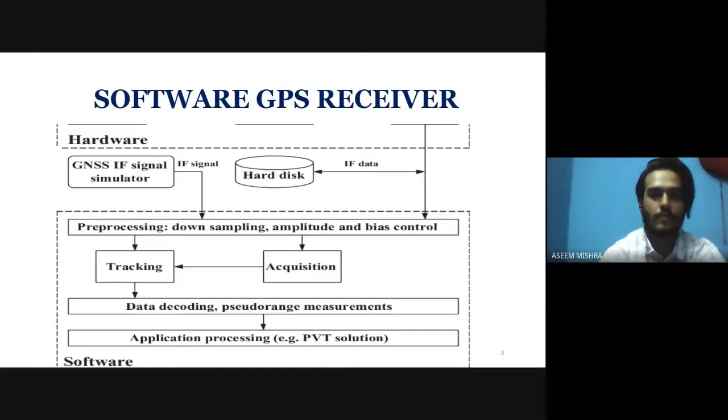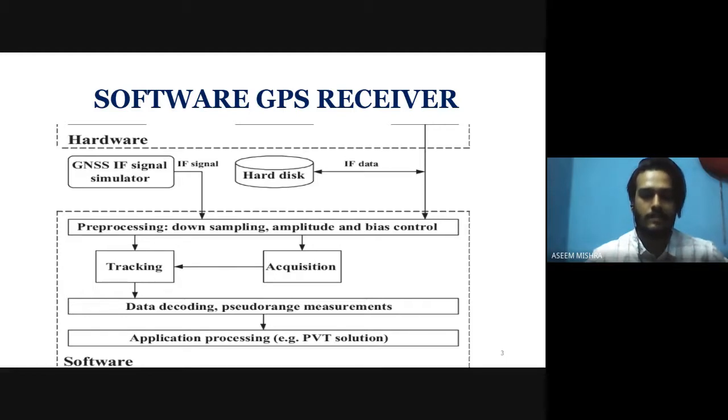A software GPS receiver uses an analog-to-digital converter to change the input GPS signal into digital at the earliest possible stage in the receiver. In other words, the input signal is digitalized as close to the antenna as possible. The figure illustrates the general structure of a software GPS receiver. The signals transmitted from the GPS satellites are received by an antenna through the RF front end. The input signal is amplified to a proper amplitude and the frequency is converted to a desired frequency, and an ADC is used to digitalize the input signal. The antenna, RF front end, and the ADC are the hardware used in the software GPS receiver.